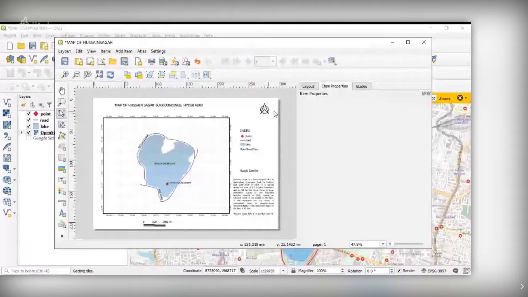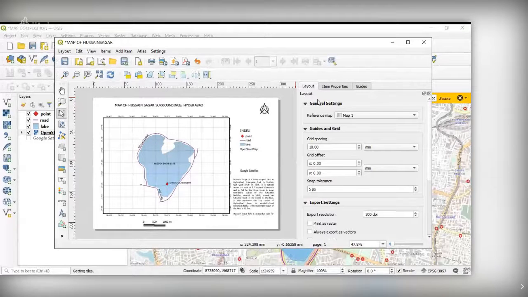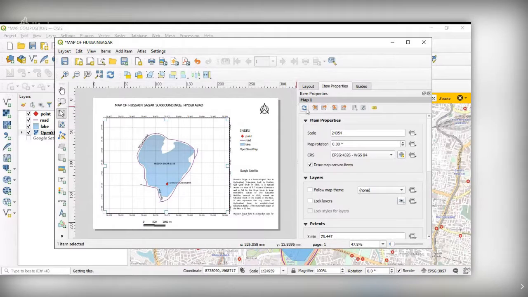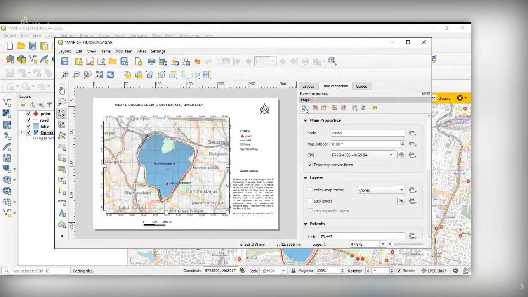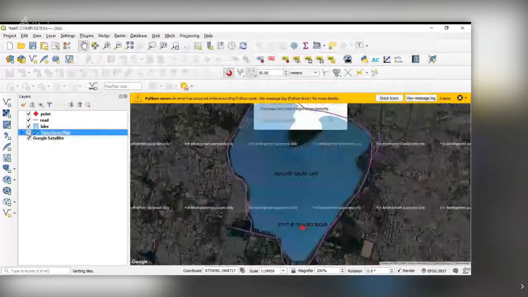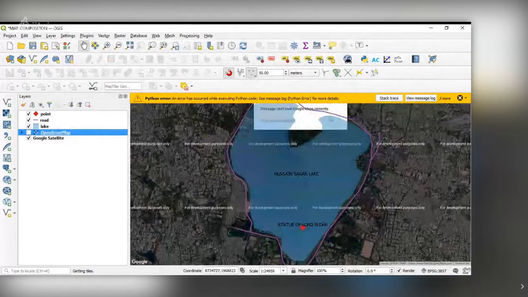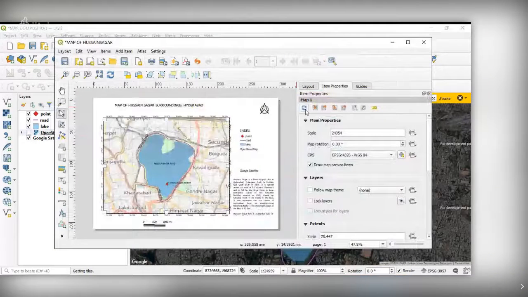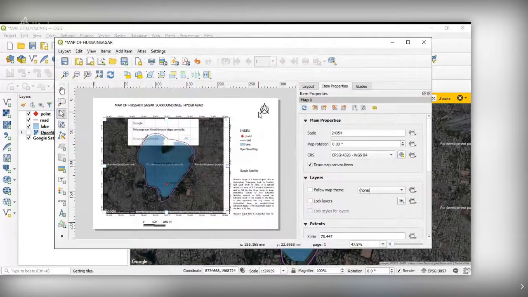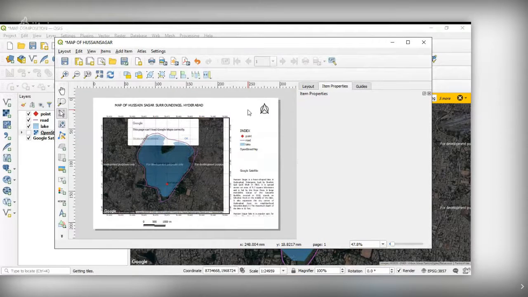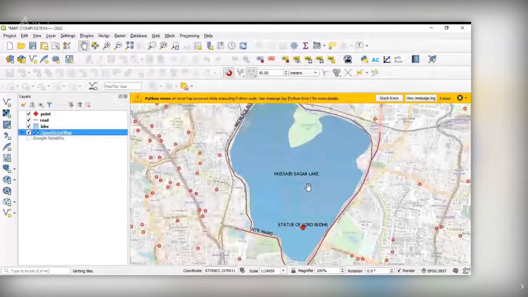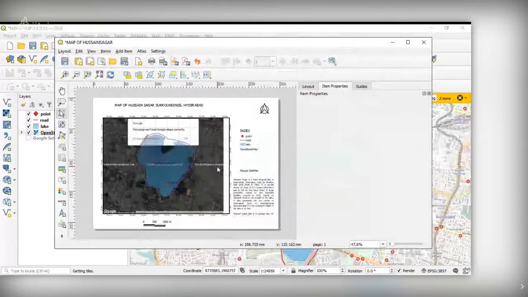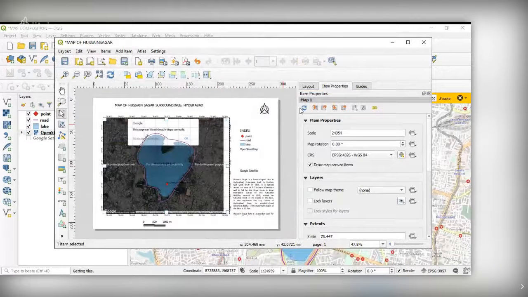So go to the layout, update. This is a refresh. Suppose you want this, not the image, the OpenStreetMap. Same thing again. Refresh.